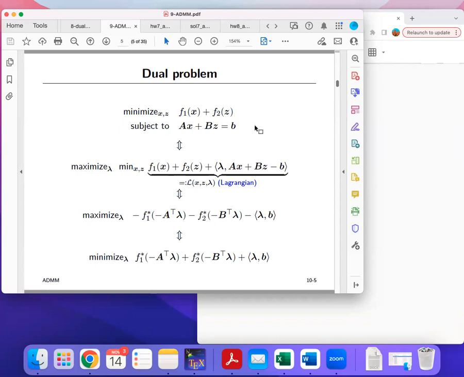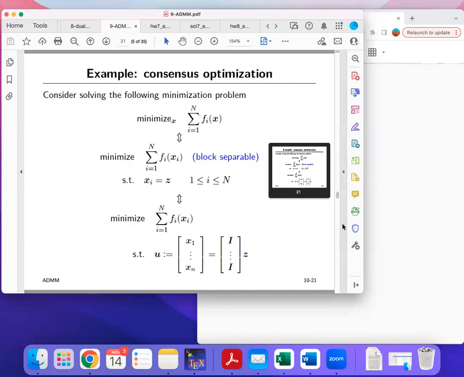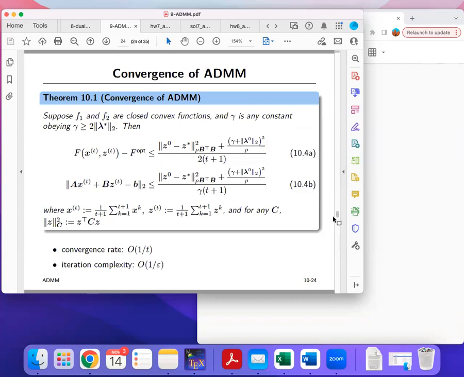And that's the only condition, assumption. Okay. And the gamma is any constant bigger than 2 times the optimal lambda. This lambda is the optimal Lagrange multiplier, but basically gamma is any constant bigger than a certain threshold. And then we have the